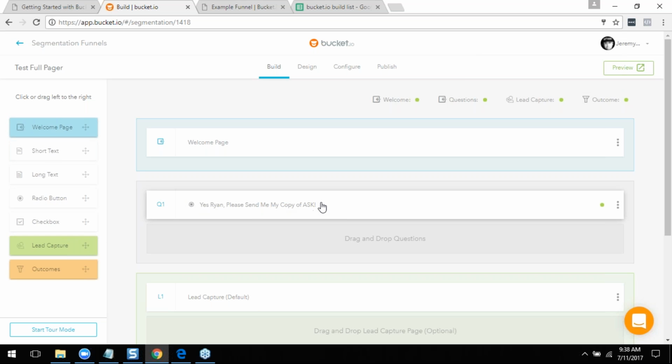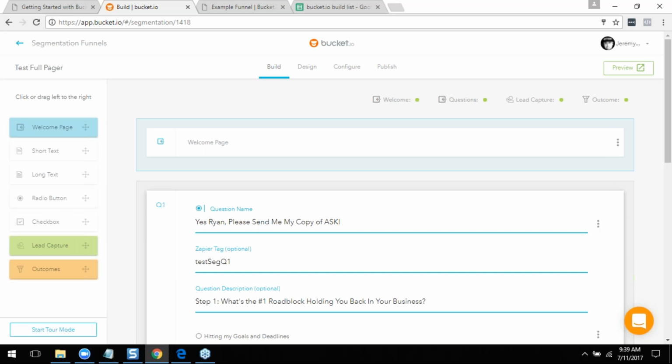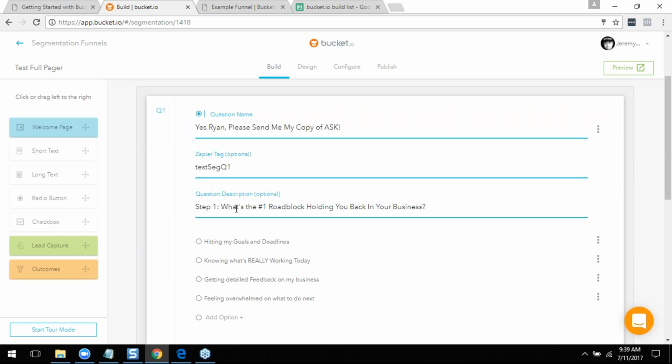I'm going to take a look at a couple of the options here. So let's say this is the radio button. This is, again, radio button, remember, like I said before, is where you can only choose one of the options. Now, you see the question name. It's not the name of the question. This is what they see when they click the question. So in this case, it's, yes, Ryan, send me my copy of Ask. And then in this question description here, it says, step one, what's the number one roadblock holding you back in